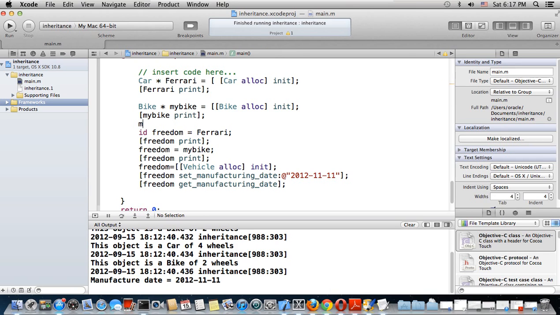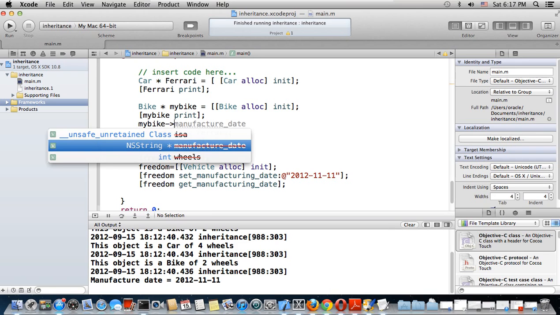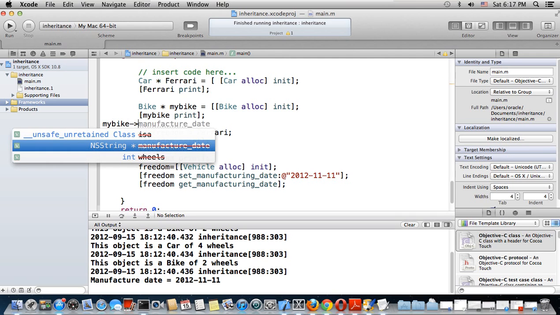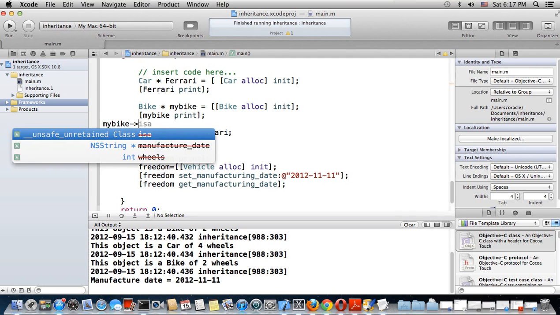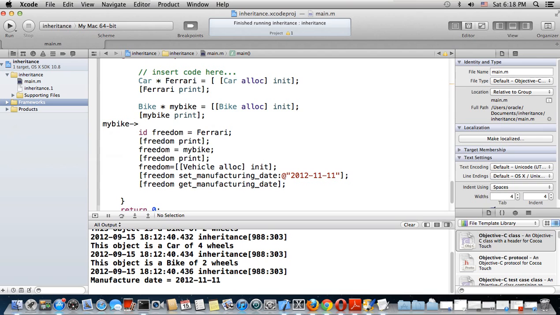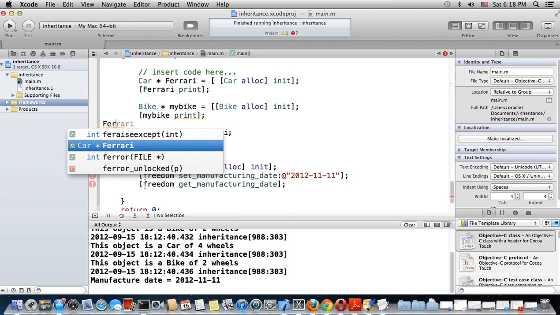Now, just for you to know, here is my bike, and there is manufacture date, and of course you cannot access it. This is something related to inheritance. We'll deal later with the privileges, but for now I just wanted to show you that yes, here is my bike, and here I can see that manufacture date is within my bike,